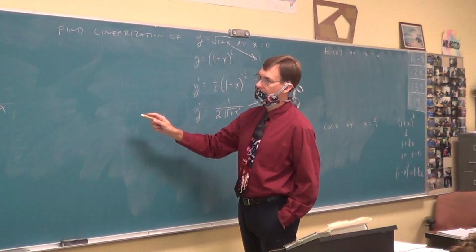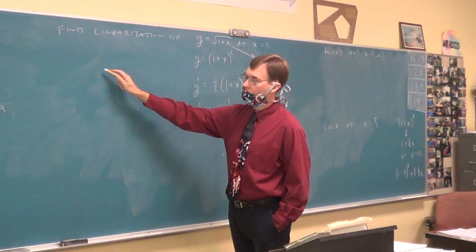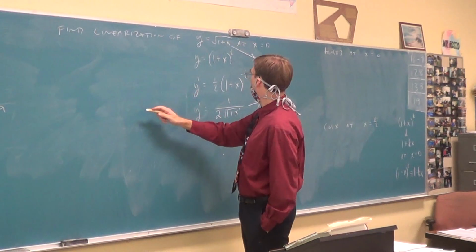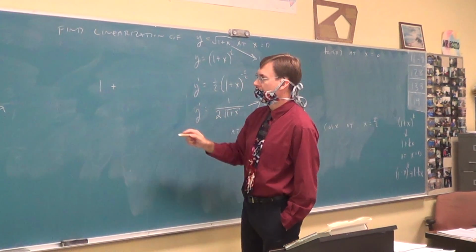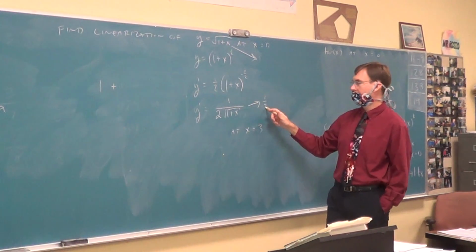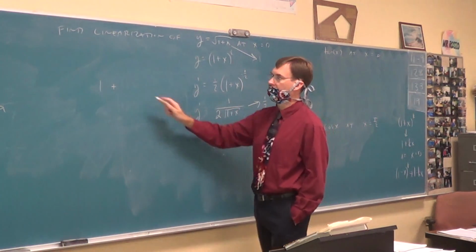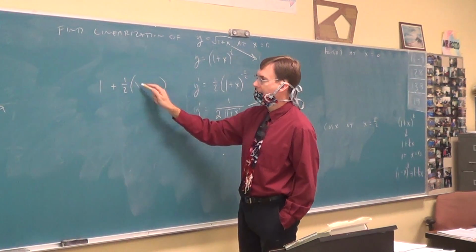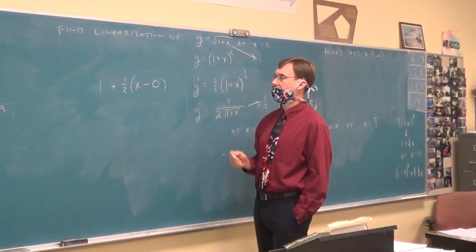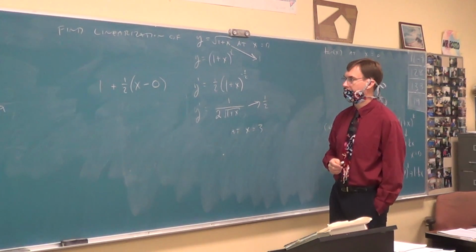So then the linearization is going to be what we got from plugging into the original, which is the 1, plus the slope, which is what we got from plugging into the derivative. And that wants to distribute x minus the 0 itself that we put in a second